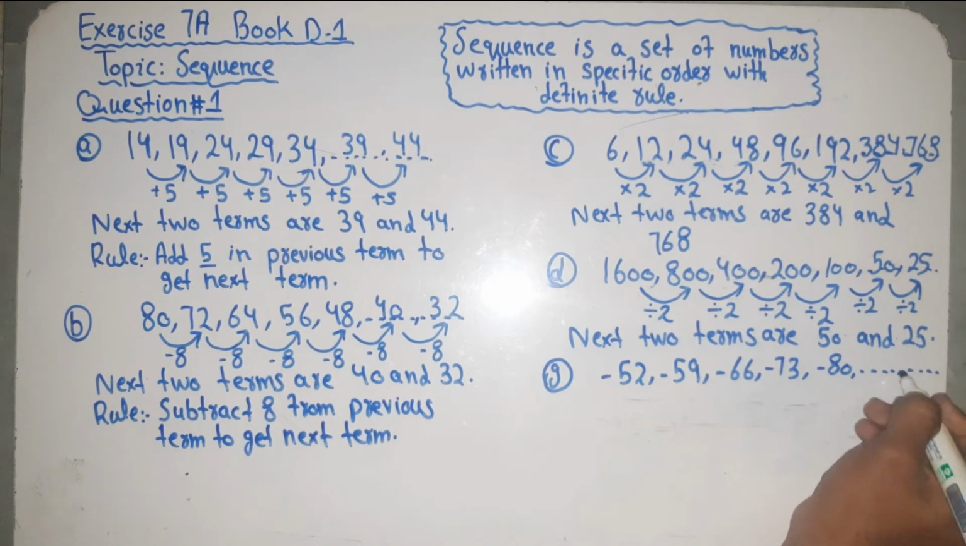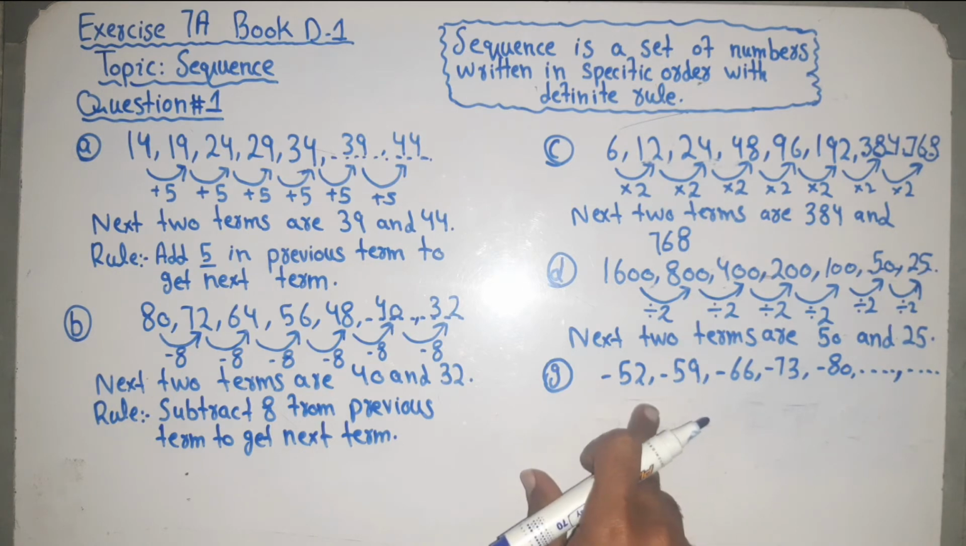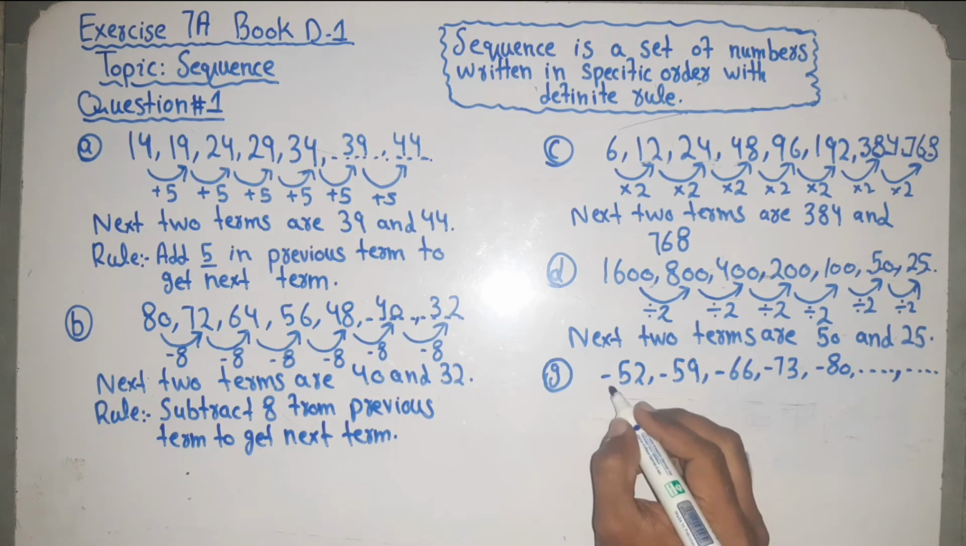So mostly students are confused with this sequence, but this question is very easy. So first of all we have to check the order. This sequence is increasing or decreasing? So I am saying that this sequence is decreasing because negative number